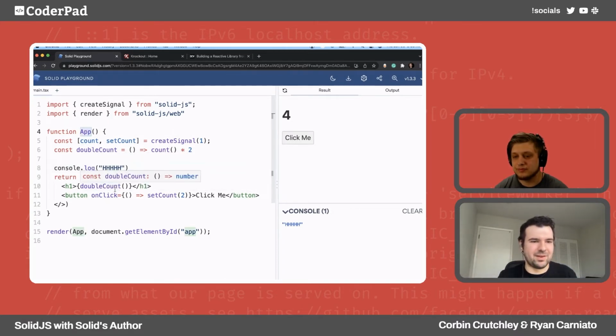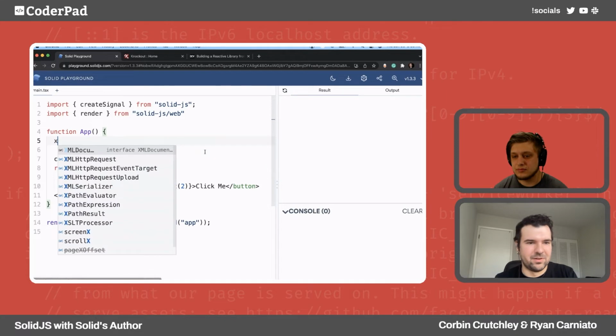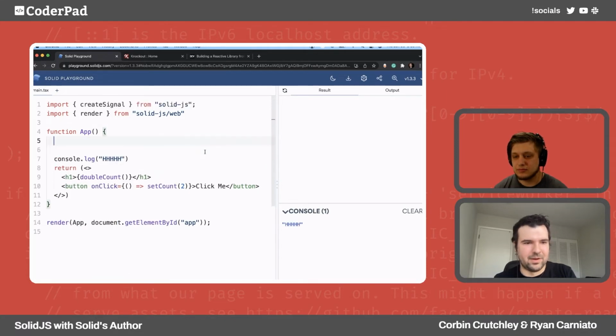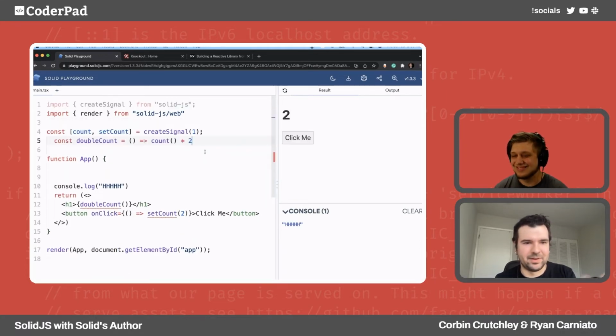Even when it looks like a component, there is no actual component in Solid here. I just made it a function because it was convenient. I didn't feel like having this all top level, so to speak. But what's the difference if I have that here or put it here, we don't really care that much.